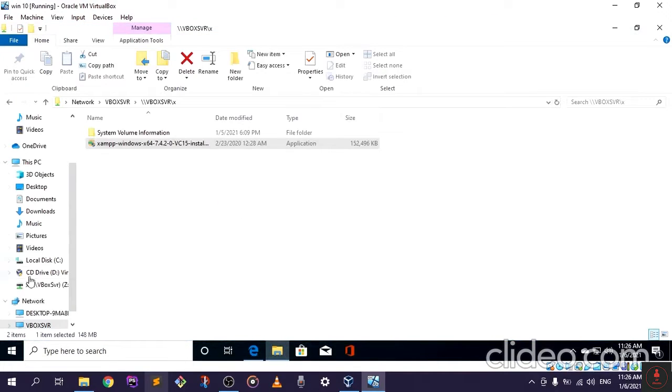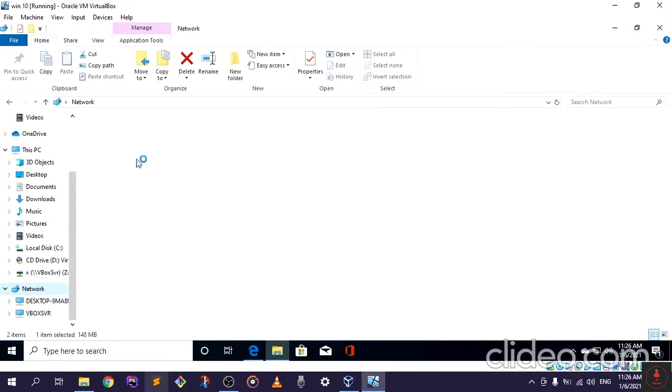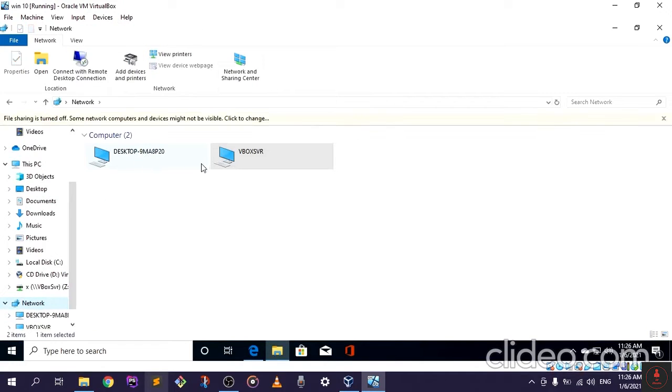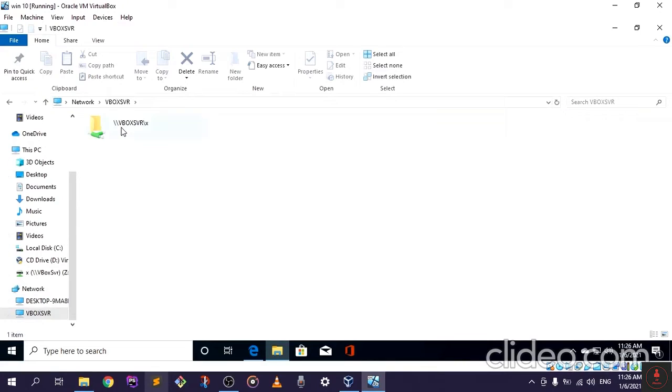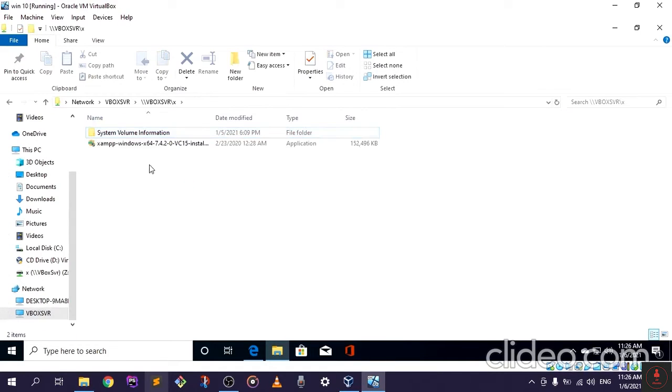Now I have it over here on my network. Of course, this will not be the case for you, just because I'm on my virtual machine. It should be right here. So all you have to do is just click on it, and you notice that I have 7.4.2. There are not any very big differences between 7.4, 7.3, or anything like that. They're basically the same thing. So if we click on it,